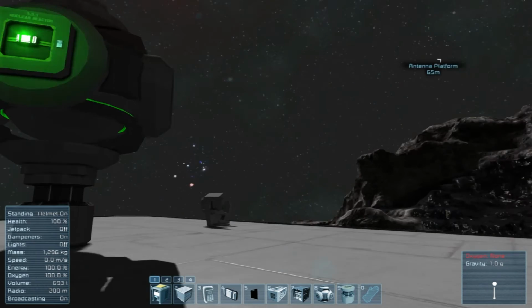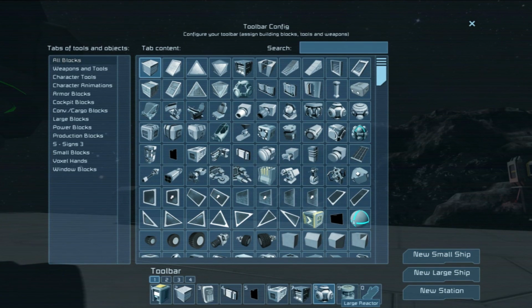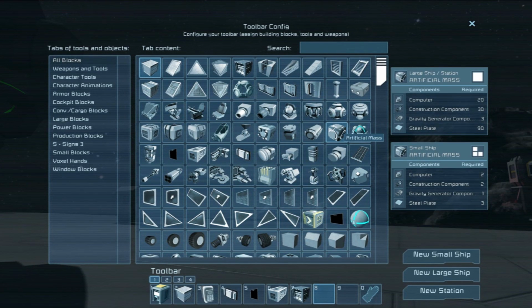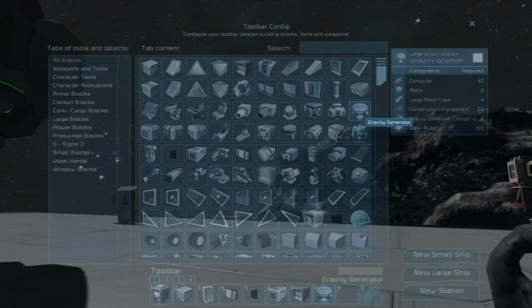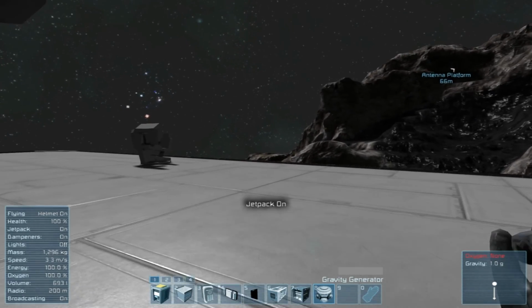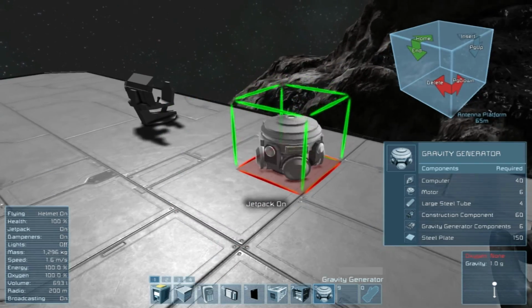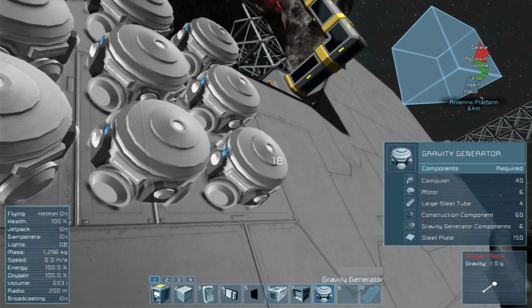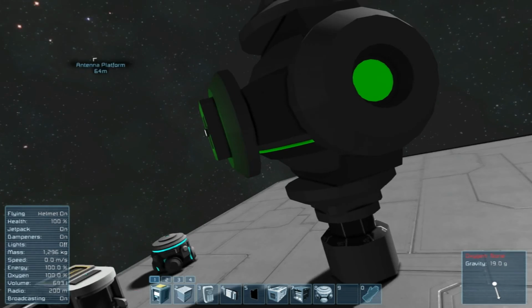Okay, so it's kind of moving, so we need to place some things that draw power. I'm pretty sure gravity generators draw a lot of power. Man, I don't know what's causing the problem, though. It shouldn't be doing this. So if we add that,